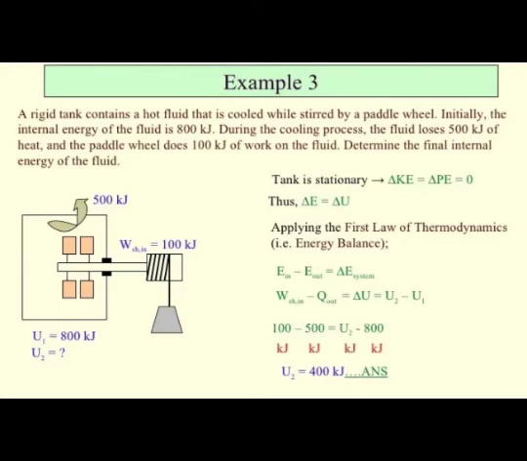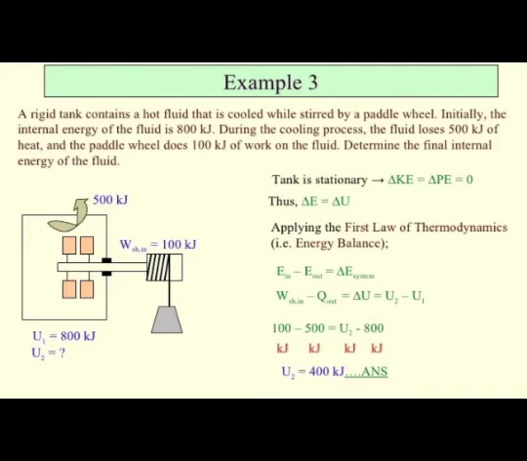As we can see in the diagram, the 500 kilojoules of heat is going upward while the work of the paddle wheel is equal to 100 kilojoules. So U sub 1 is the 800 kilojoules, and to determine the final internal energy is U sub 2. The tank is stationary, so delta KE is equal to 0 and delta PE is equal to 0. Thus, delta E is equal to delta U. Applying the first law of thermodynamics, which is the energy balance,